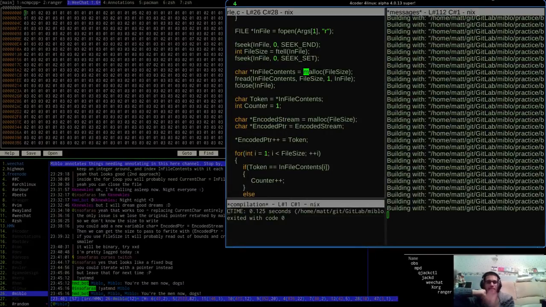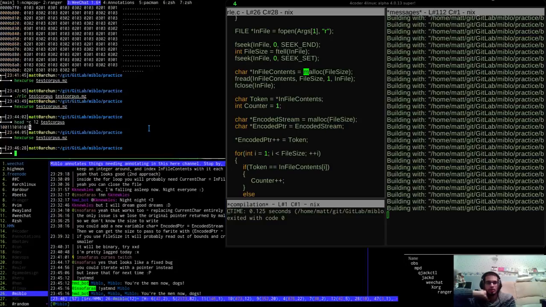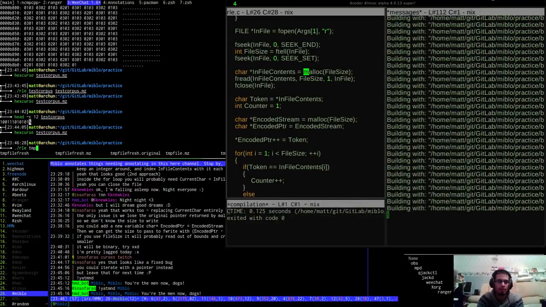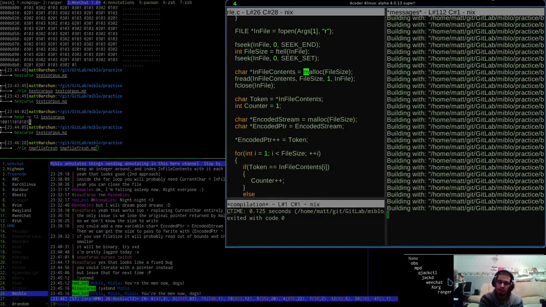Could actually be interesting to try the RLE thing on that really big corpus. What was it? It was temp, wasn't it? It's temp file fresh. Output it to temp file fresh.mz. Now with a bit of luck, we should see RLE pop up down here.